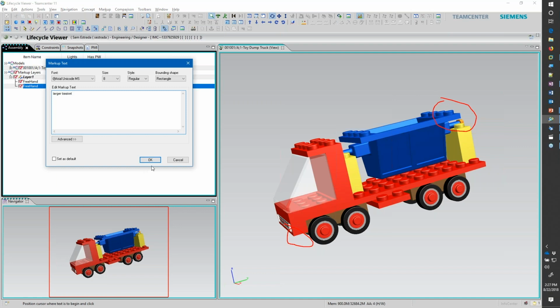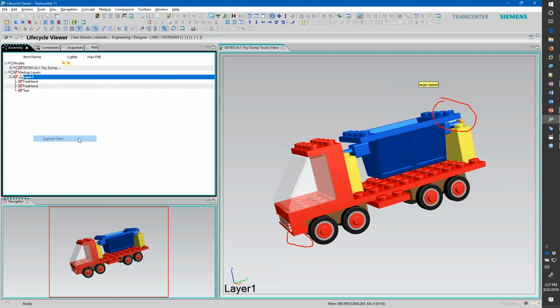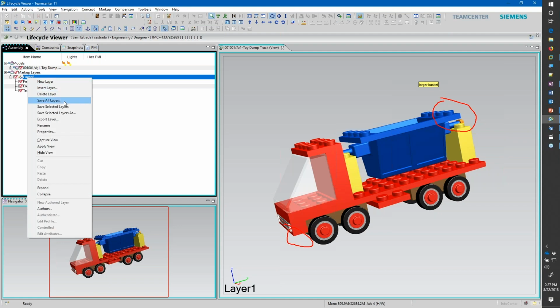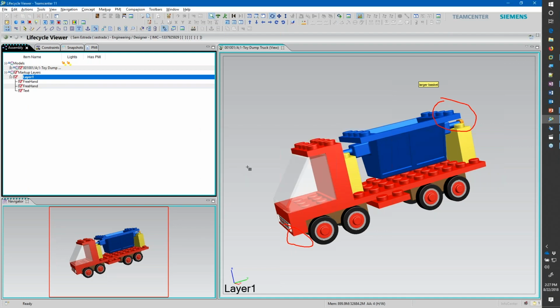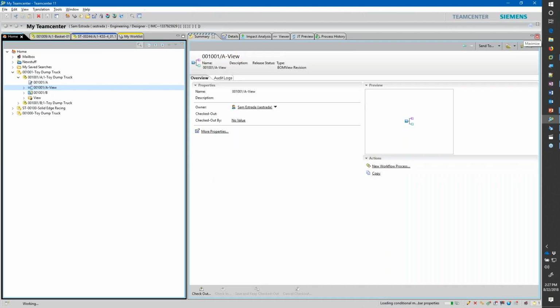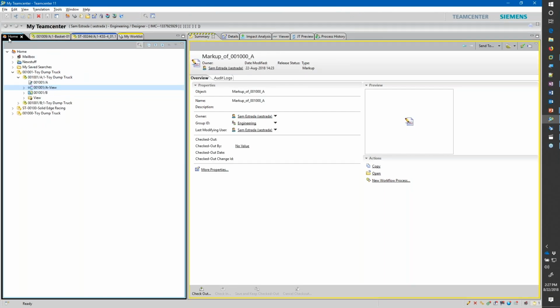So instead of just doing it on a single component, I can now pull it in on the assembly side, go in here and capture my view. That way it always comes up to this point here, and I can save this out. And we'll just call this, just for identification purposes, I'll keep my username in there and everything else. Again, I can save this off as a separate data set. So if I ever need to, say I wanted to include an extra piece of information into the workflow, say there's some more reference materials I wanted to throw in,